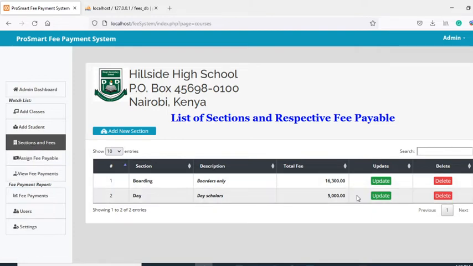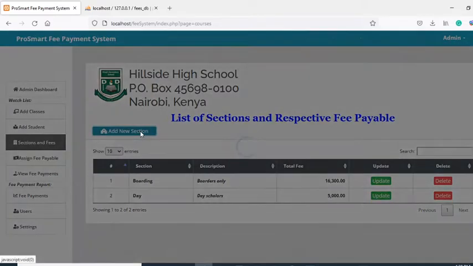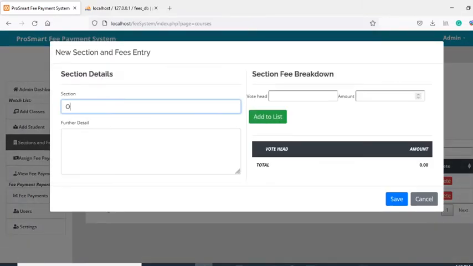So let us add section. So this is for demonstration. Let me add two sections. Already you are able to see we have boarding and day section. But you can still add a new section. If you want to add another section, maybe you can call it other. Okay, special. Just for demonstration, vote add, we can have special fee